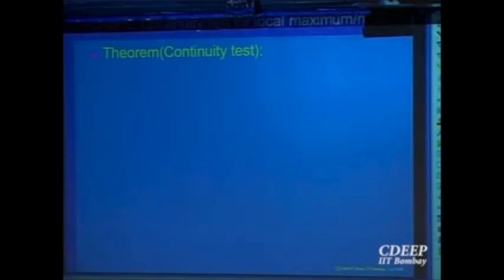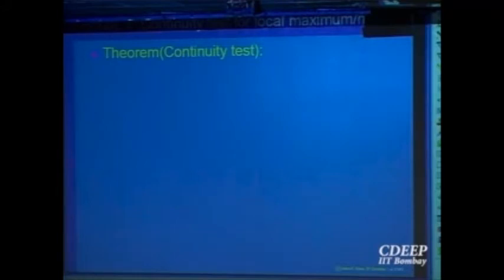Now let us look at increasing and decreasing, which also gave us the notion of local maximum and local minimum. So we want to analyze conditions which will give us that a point is a point of local maximum or a point of local minimum, right? So what is the point of local maximum? A point c was called a point of local maximum if in a neighborhood f of c is bigger than or equal to f of x for all points in that neighborhood, right? So we want to now find tests, meaning sufficient conditions, which will ensure that a point is a point of local maximum or a local minimum, right?